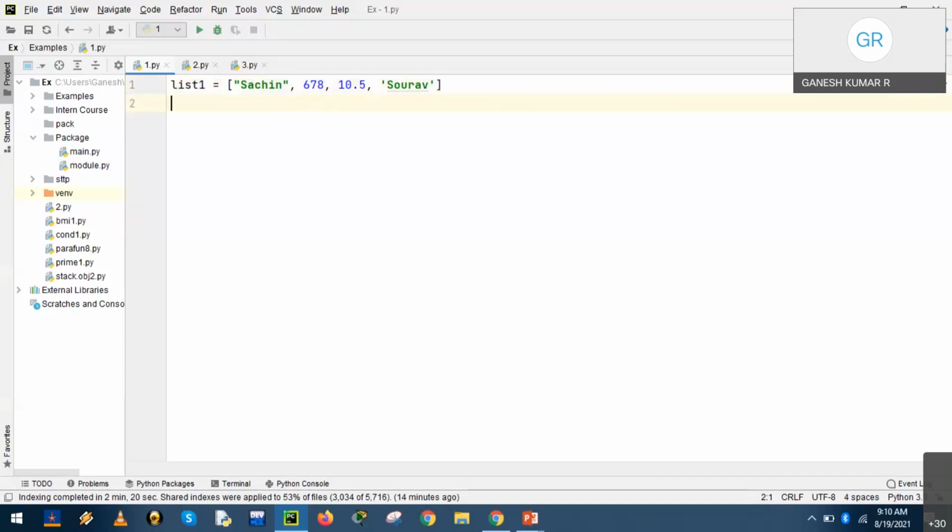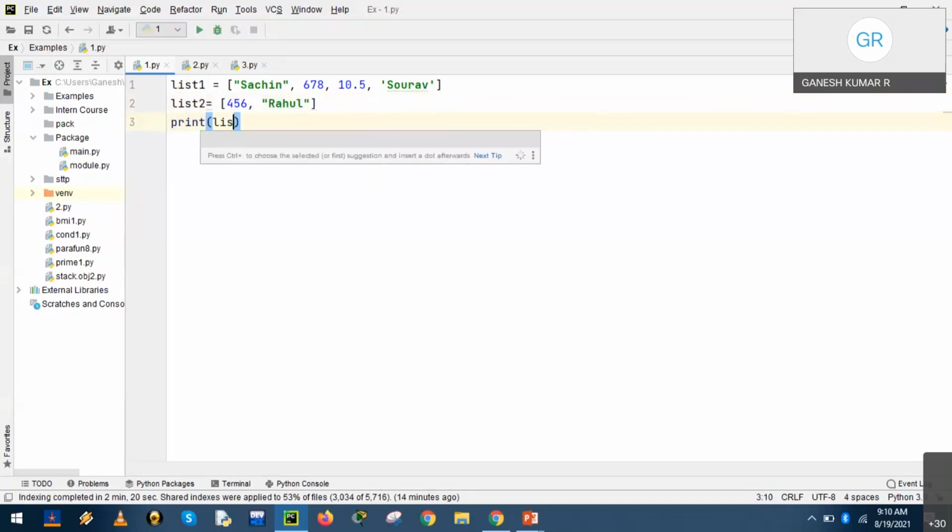So the second list, list2, will have other values, let us assume 4, 5, 6. Right. So print list1.